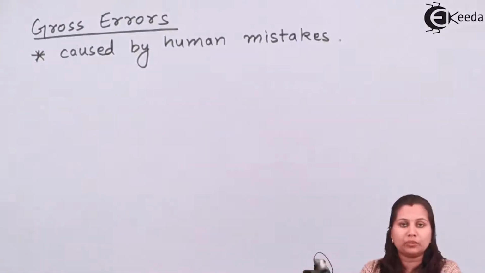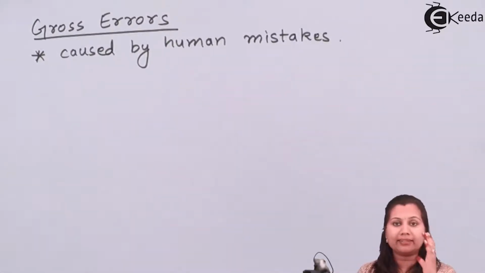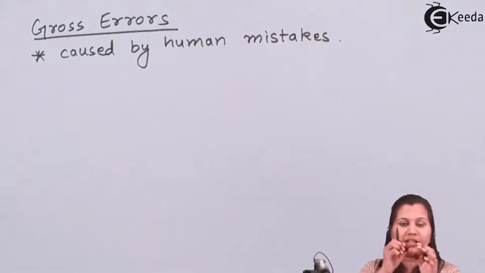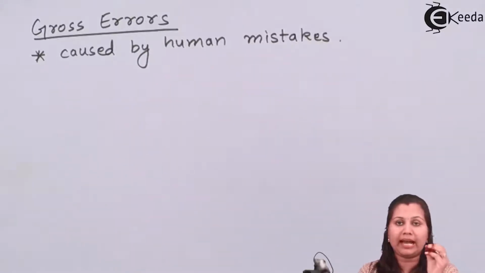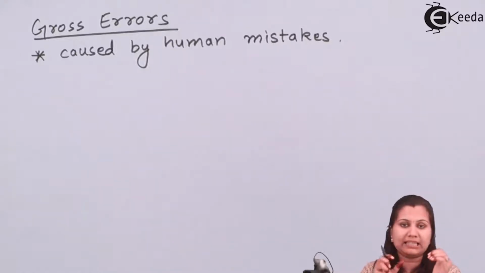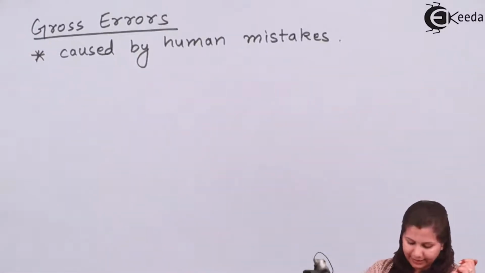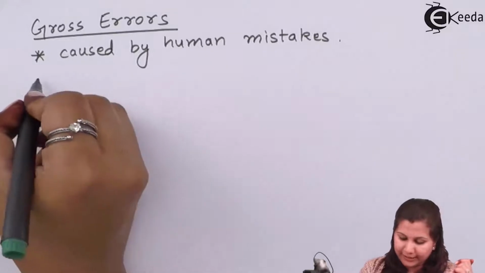When the observer is taking readings from the instrument, if he has mistakenly written some different reading or has not correctly taken the reading, the error occurring due to human mistakes will be called the gross error. And in this case, we can see cases like